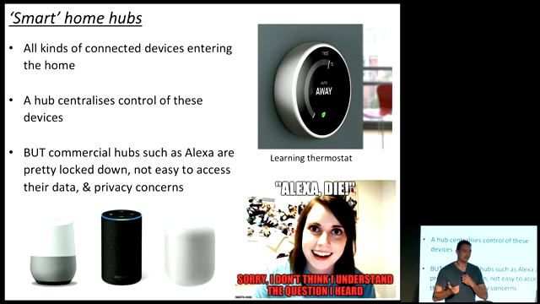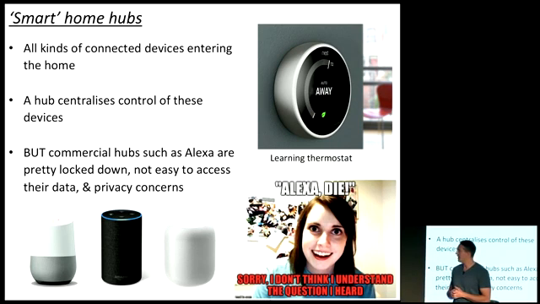People are buying all kinds of connected Wi-Fi devices, like Wi-Fi connected light bulbs and other kinds of smart things that they're putting in their home. This ranges from quite simple things, things that you toggle on and off with a remote control, through to more sophisticated smart devices. A nice example is this learning thermostat, and this basically learns your habits over time and adjusts the heating in your house to save you energy. So for instance, if nobody's home, the heating will go off and it'll save you some money.